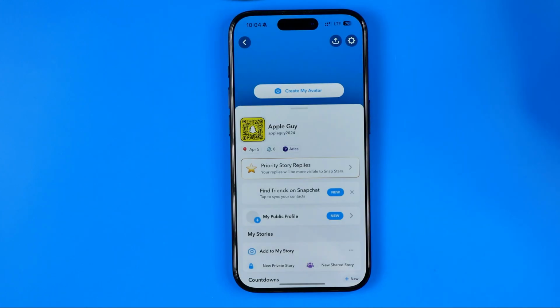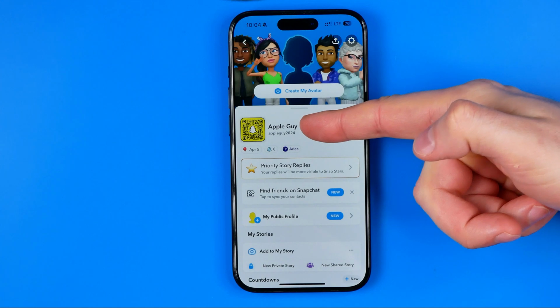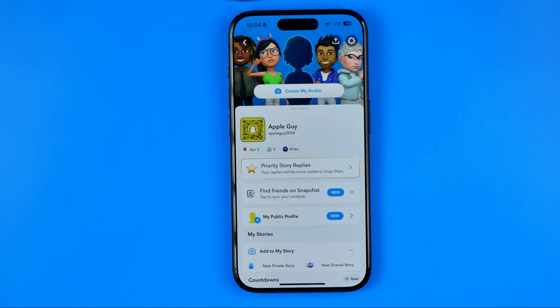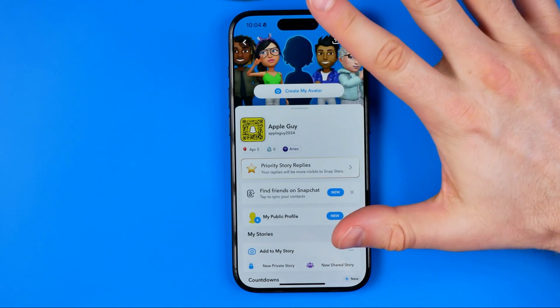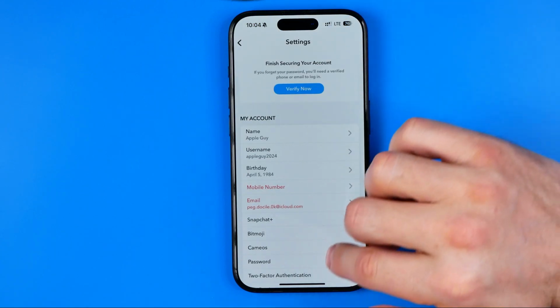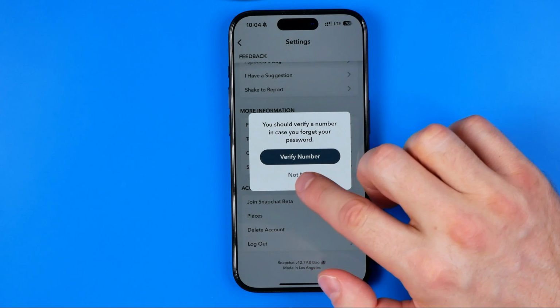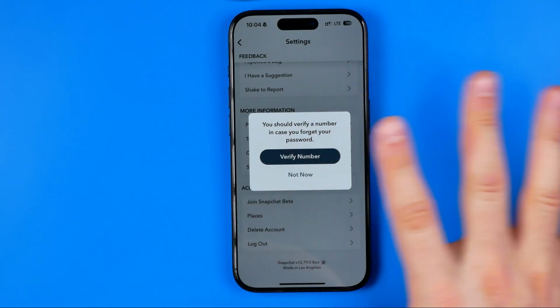We can easily check it right here. Now I'm on Apple Guy test profile. And then if we wanna switch between our accounts, we can easily do so in any time in the same exact way. To do that, just hit add gear, scroll down, hit logout, and then if you have not specified